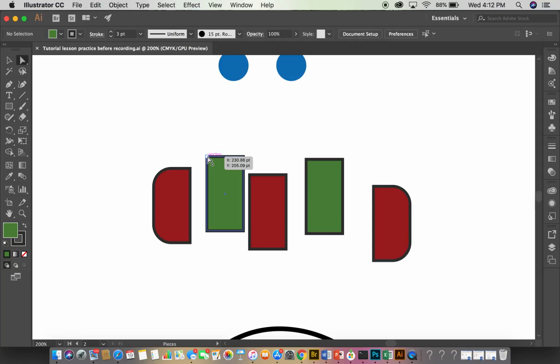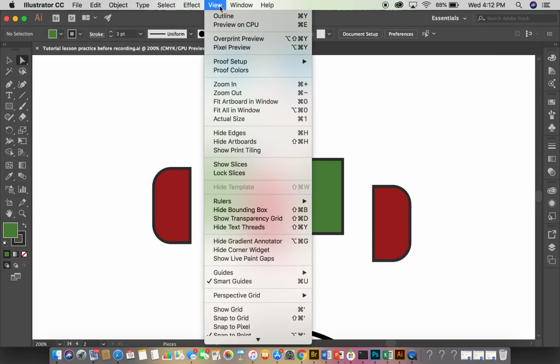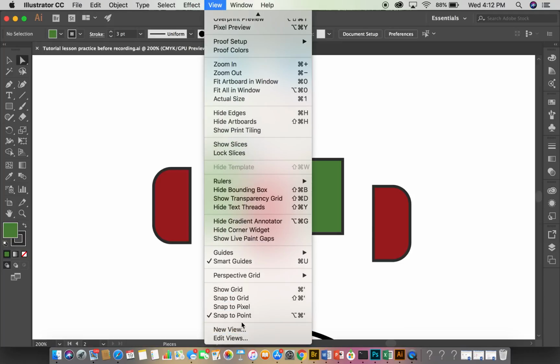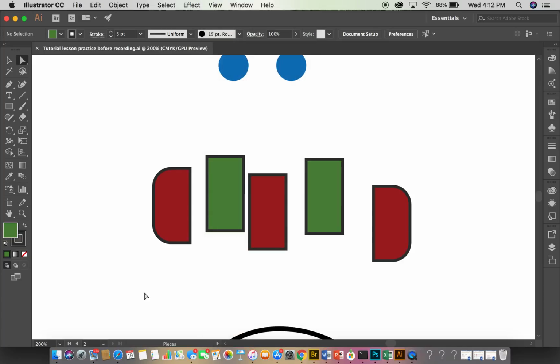If the word anchor is not showing up for you, go to View and go down to Smart Guides. It should be right here, View, Smart Guides. If that check mark is not on, make sure it is. Click the words Smart Guides if it's not. Okay, so